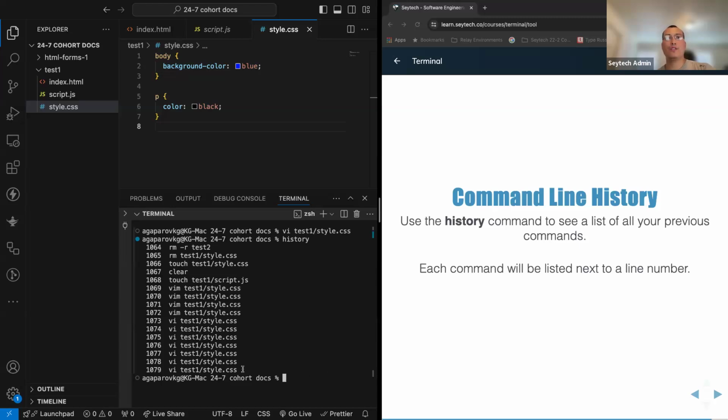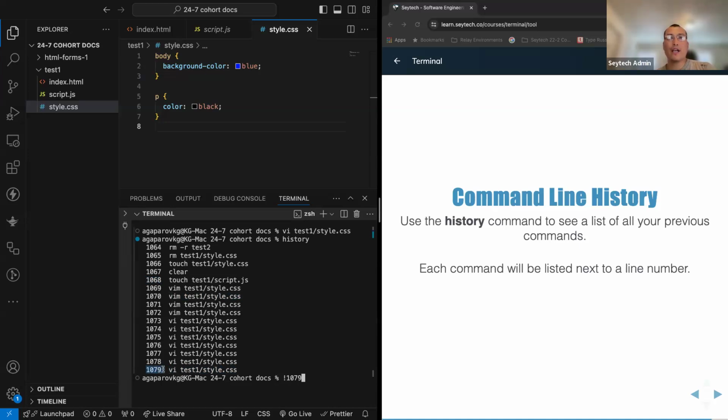All right, it will show all the histories that you ran. Now, you guys see these 4-digit numbers? Those are unique numbers for each command. So if you want to run a command again, instead of typing it out, you can grab this number and put an exclamation sign in the beginning and type